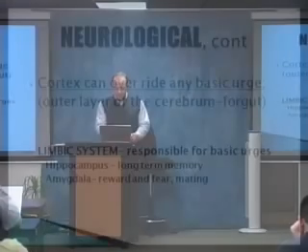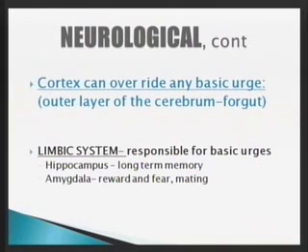So the cortex can override any basic urge. The outer layer of the cerebrum is derived from the foregut. So what does that mean? Well, the limbic system is responsible for all basic urges. We have the hippocampus for long-term memory, and the amygdala is your reward and